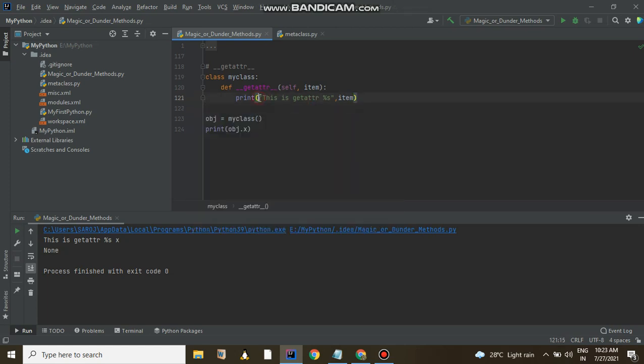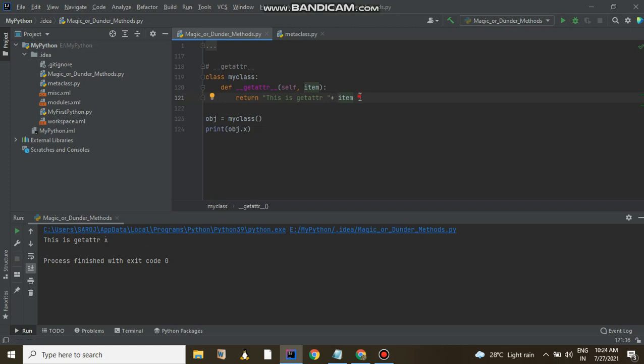I just need to return the value. Now if I execute it, you can see this is getattr x.